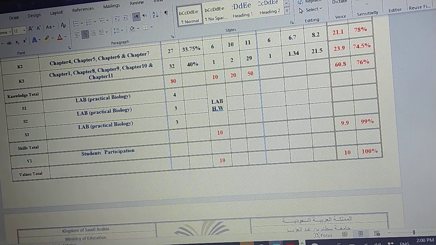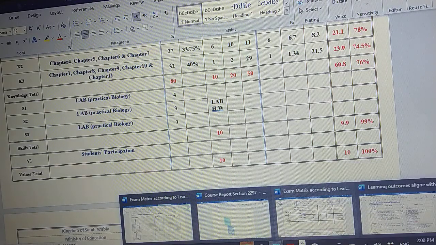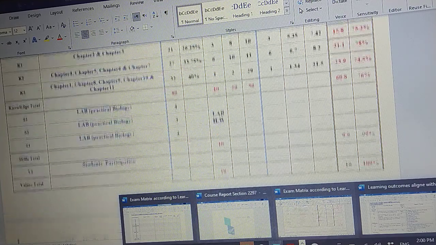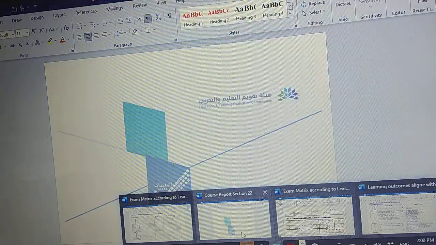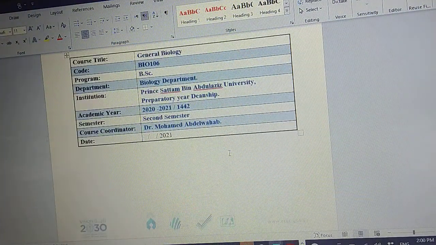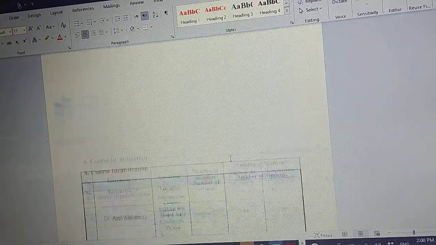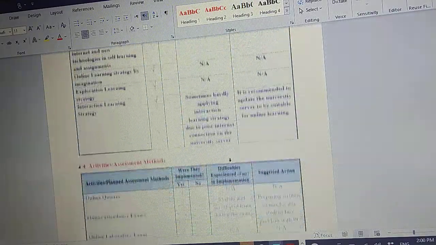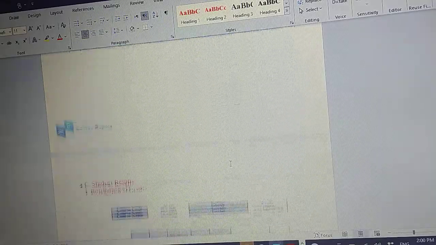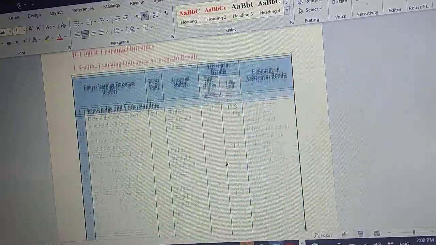Last thing, when we finish filling the second template, the template of learning outcome achievement and the percentage, we are going to use these data in the course report, where we are going to use these data in the